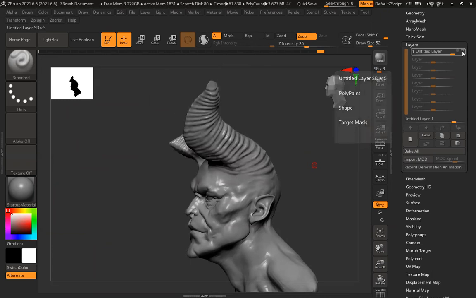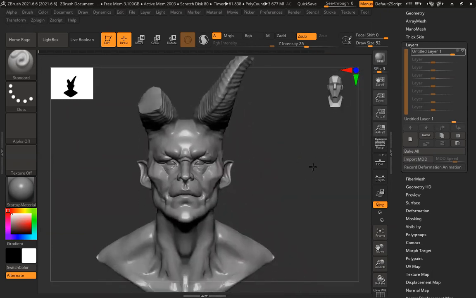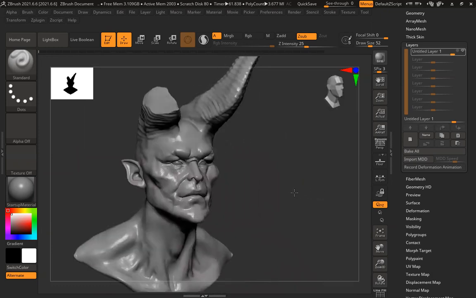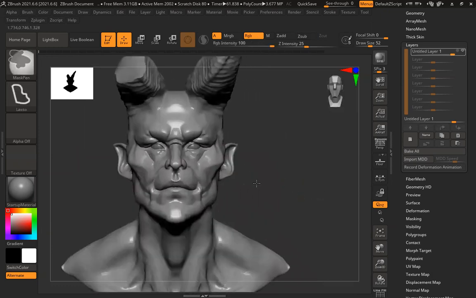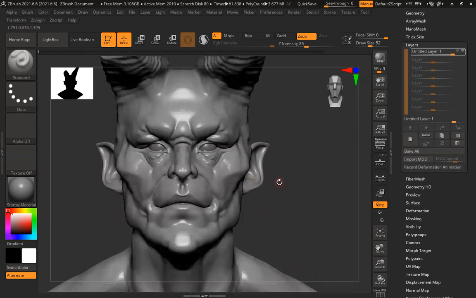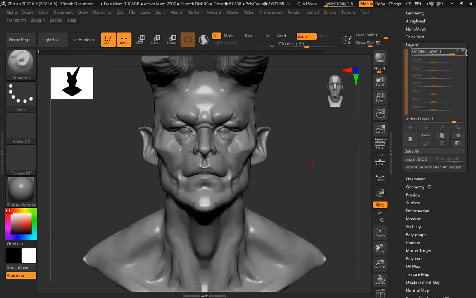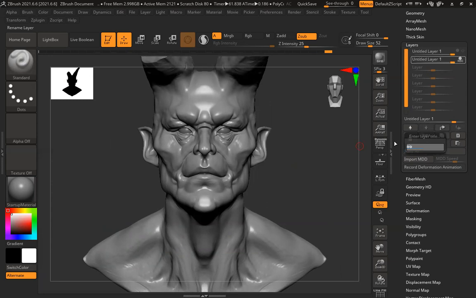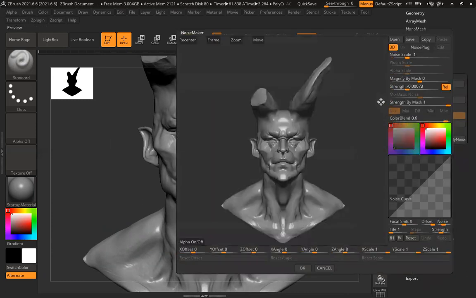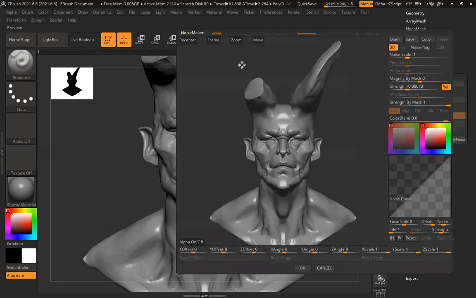See, now if I want to add some detail on the surface also, I can do that. So first thing first, I'll switch it off. Add one more layer. This is my noise, surface noise, zoom in.